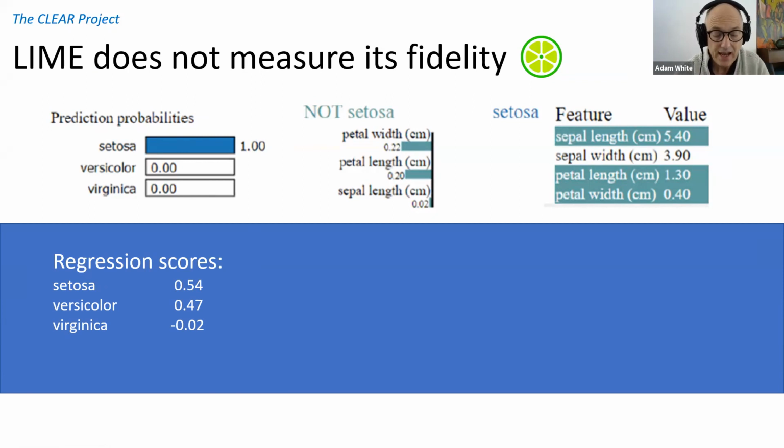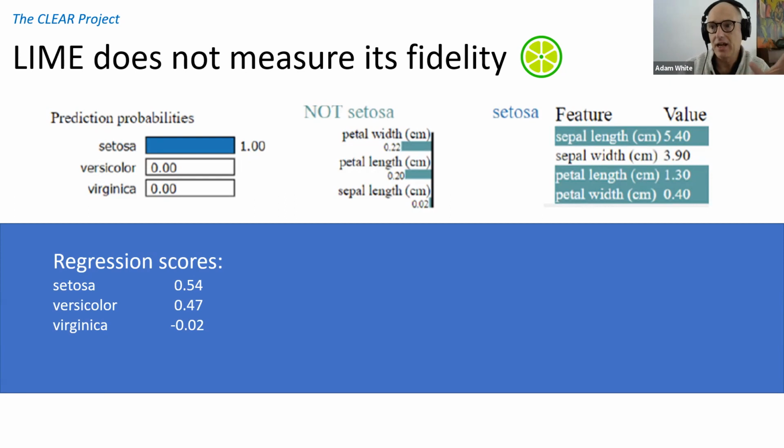And this highlights a key problem with LIME and with many other explainable AI systems, in that they don't report on their fidelity. So consequently, you don't know how reliable they are. And just to summarize what fidelity is in this particular context, it is how closely the explanation method, in this case LIME, mimics the input-output behavior of the AI system it is meant to be explaining. And very often we found that LIME's explanations have very poor fidelity.